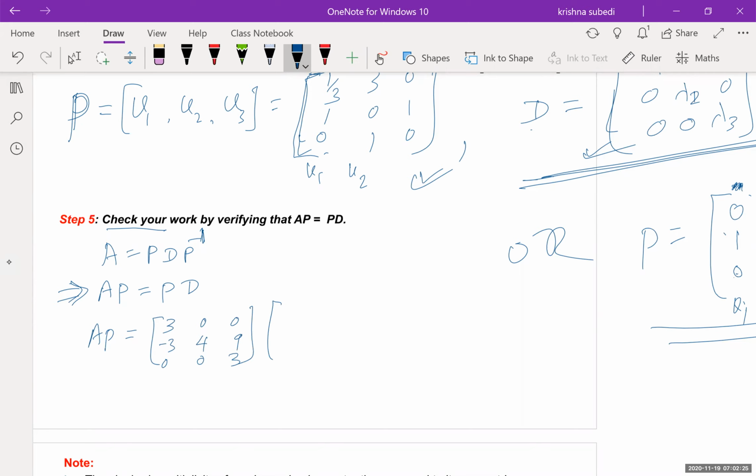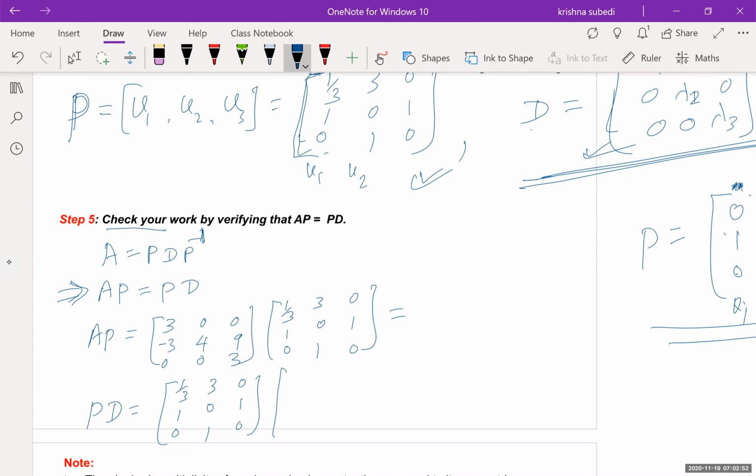Okay, P. Let us copy that P. The P matrix is the matrix that we created: 1 over 3, 1, 0, 3, 0, 1, 0, 1, 0. Please calculate AP, and also calculate PD. P is 1 over 3, 1, 0, 3, 0, 1, 0, 1, 0. And then D is,